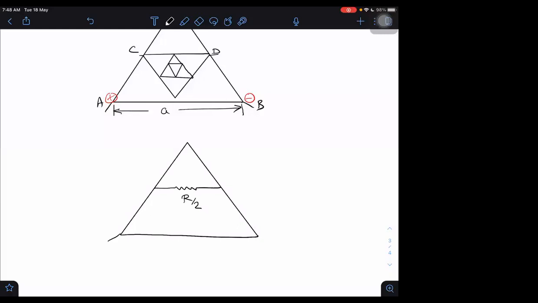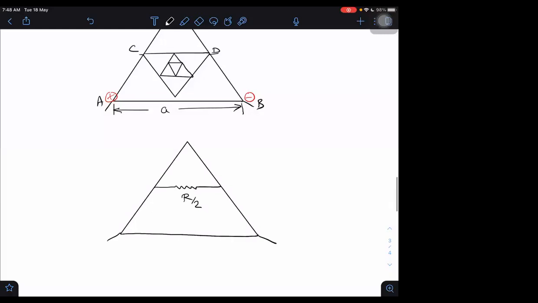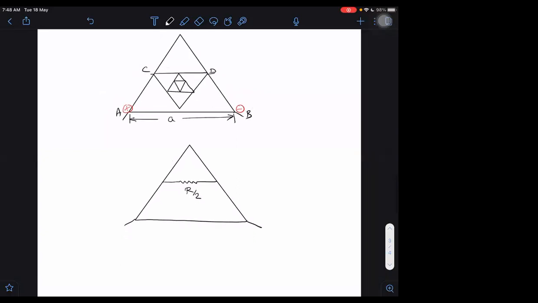If the total resistance between A to B is R, or as we used to do, we take such unknown resistances as X, let us say. So if I follow the same way, that unknown is X by 2, and this total one is X from A to B. But what about this? This is A into R. This one is A by 2 into R here, and this one is again A by 2 into R, and this one is A by 2 into R and A by 2 into R.